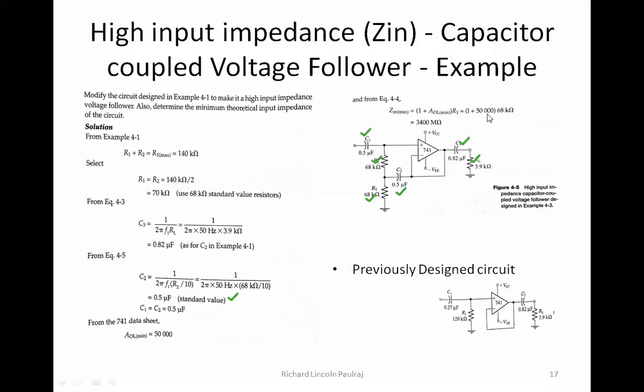So 1 plus 50,000, and please check if it's coming to about 3400 mega ohms. Yes, sir, it is. Okay, fine. So the minimum Z in is going to be about 3400 mega ohms. So this is how you take your previous circuits, or whatever circuits are there, you can just